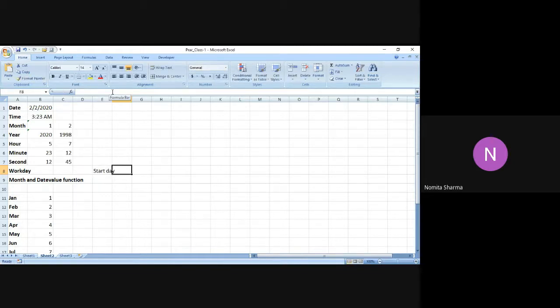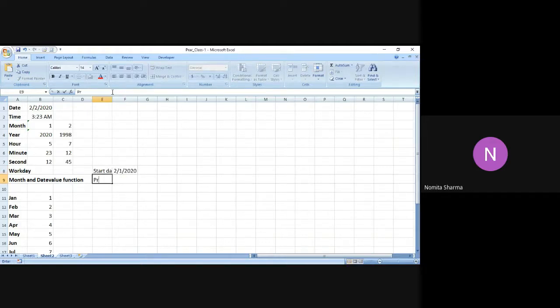So if I say that my starting date is, for example, let me start with the 2nd of Feb, 2020. And the production days or the project days are going to be, say, 15.